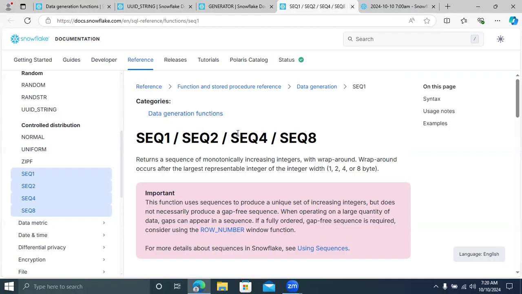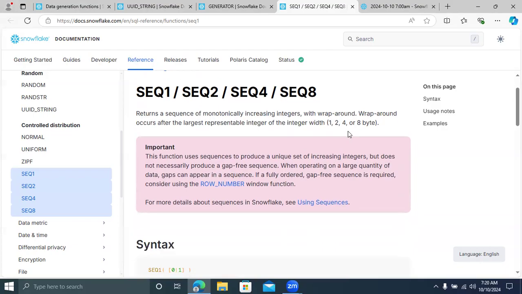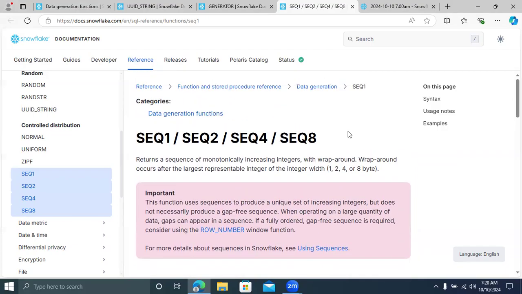It's going to return monotonically increasing integers. If it is monotonic, it will generate a sequence incrementing one by one: 1, 2, 3, 4, 5, 6, 7. It's going to return a sequence of monotonically increasing integers. Now we're going to see these are the bytes: 1 byte, 2 byte, 4 byte, and 8 bytes. I already said, if your synthetic data should not have any gaps,